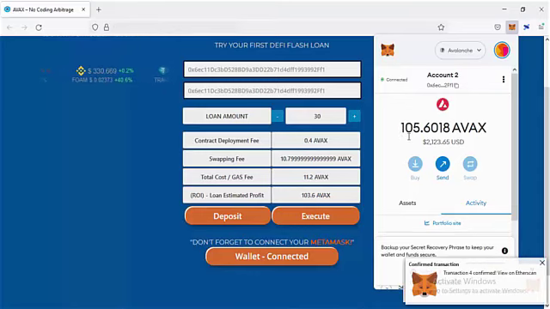Boom! There you have it. The flash loan was successful. Note, if it doesn't work with 30 AVAX, try to send higher